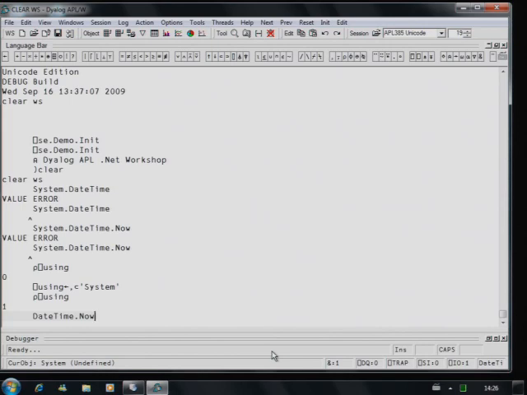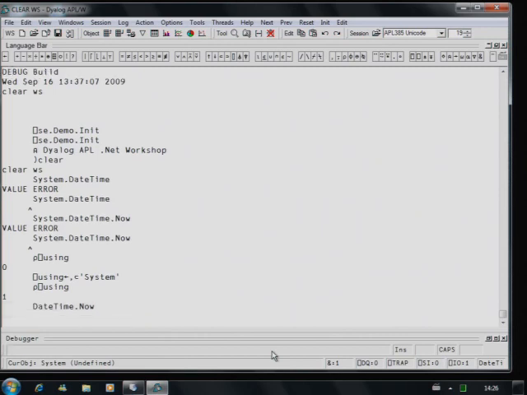There will be cases we'll come to later where we load assemblies from different directories, and at that point we'll need to specify where the assembly is that we're going to use. We'll see that in an example later on. But now I can use datetime.now. The system is now loading that DLL, so it takes a couple of seconds the first time around,